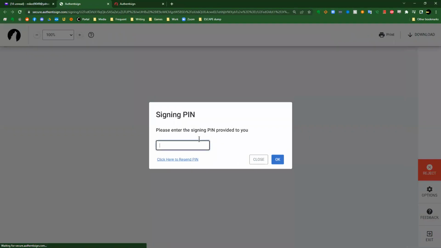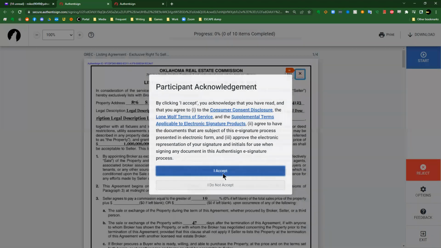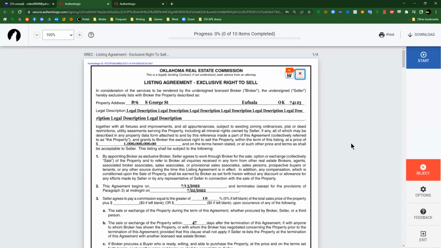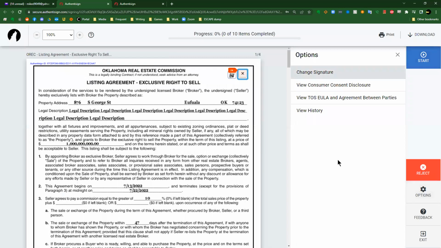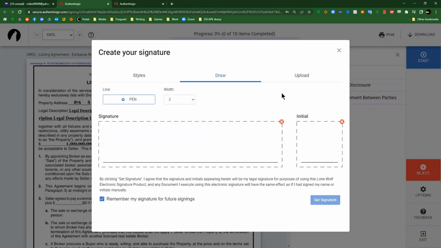He hits start signing. Again, he's going to have an option to put in his PIN because they have the same email address. Thanks, accept. Now, let's say that George does not have a signing that he's created for himself in Transaction Desk. The first thing that he's going to see is going to look like this. He's going to have to choose what font he wants to use, draw his signature, or